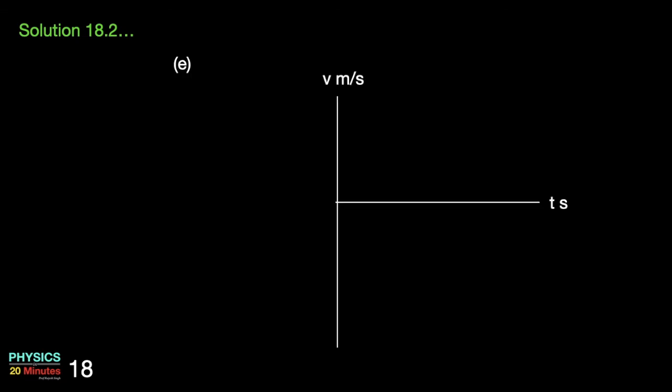How would the velocity time graph look like? So velocity is a linear function of time. So this graph will be a straight line. It is thrown upward with a velocity of 20.0 meter per second. So that's the initial positive velocity. Velocity goes on decreasing continuously. Velocity becomes 0. After that, velocity will go on increasing in the negative direction. The slope value is equal to acceleration due to gravity, that is 9.8 meter per second square.